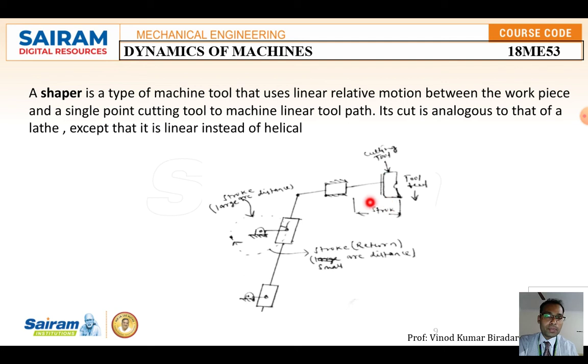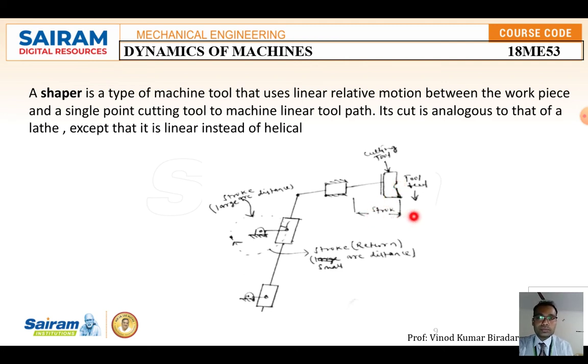Okay, so below the cutting tool, there will be a table fixed externally, on which we are going to fix the workpiece. Okay, so normally in the shaper machine we are going to use the single point cutting tool. How it will work: the single point cutting tool is fixed rigidly in the tool holder, mounted on this ram. The workpiece is rigidly held in a vise or on the given table.